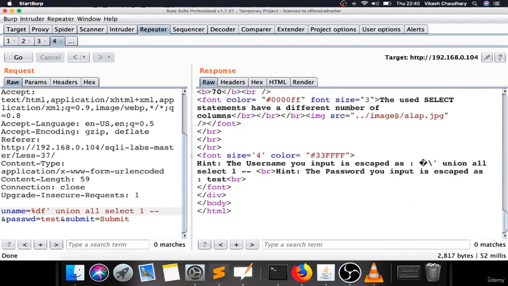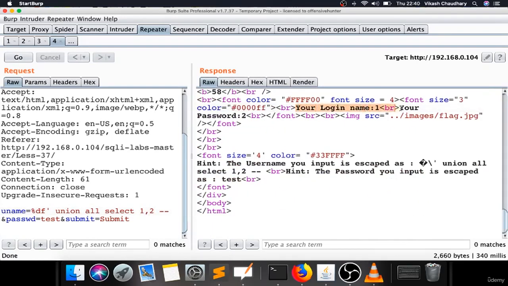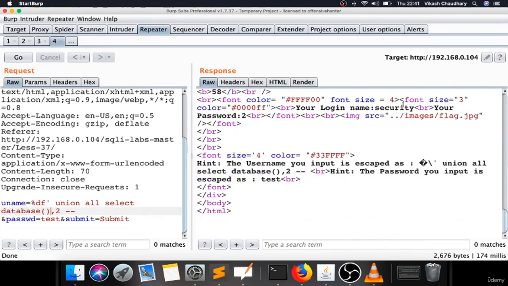If I'm using this, I got the used SELECT statements have a different number of columns. So let me simply increase this. I'll try, let's say, 1, 2 now. And then you can see this, your login with name is 1 and your password is 2. So we successfully bypassed that. Now I'll use, let's say, the database function to get the database name. And then you can see this, we got the database name, that is security. This is all about lesson